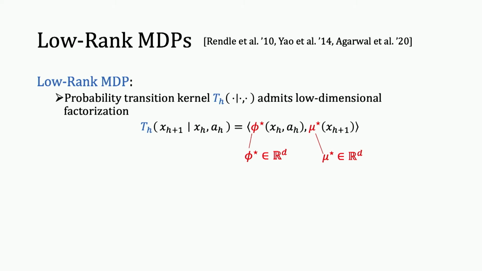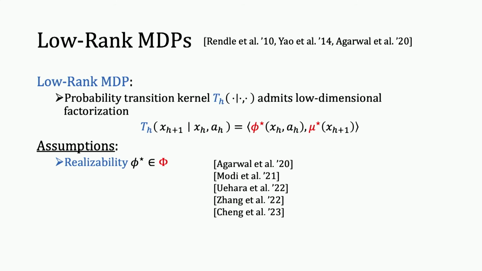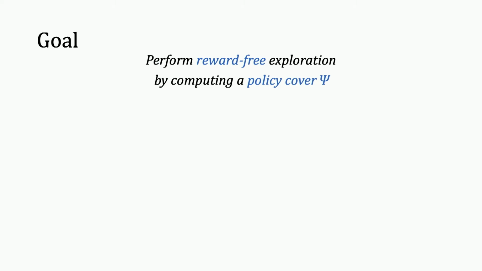We'll make one more assumption about this model, in that we know a class of functions that contains this phi star. We don't know phi star, but we know a class of functions that contains it. For instance, I'm happy to assume that there exists a neural network that will map state-actions into this representation, but I don't know it. So I'm going to have to learn it by doing some kind of optimization. The second assumption is what I just said: we're assuming realizability, that this unknown feature map lives in a known class of functions.